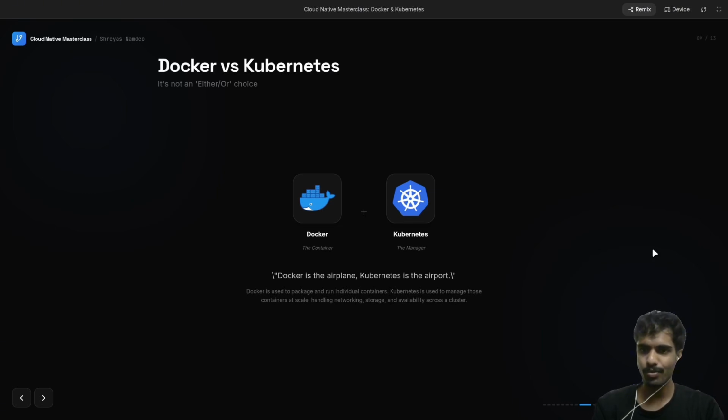You pack your food; here you pack your code, libraries, settings, everything into a neat tiffin box, and now you can carry it anywhere: your home, your college, a server in Mumbai, a cloud in the US. And when you open it, the food is exactly the same. That's what Docker does, right? It containerizes your application so that you can carry it anywhere in the world, right?